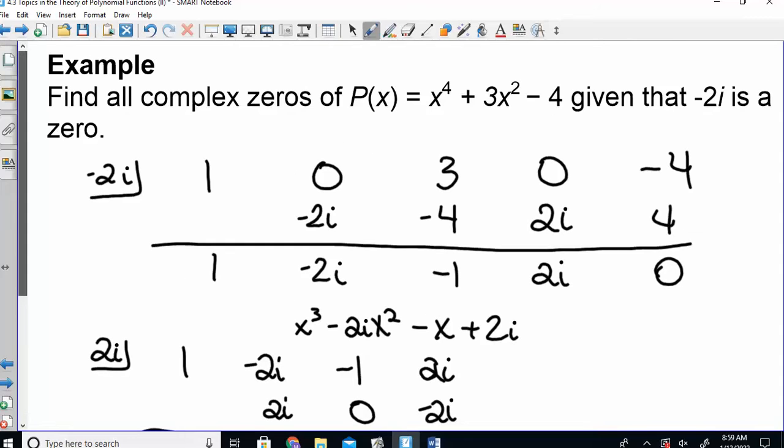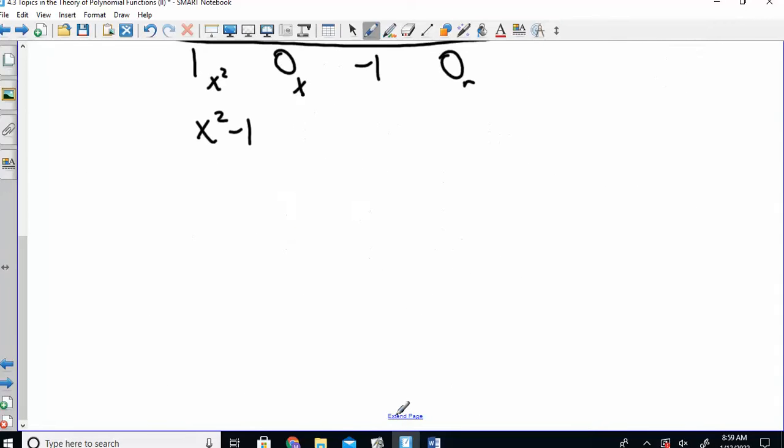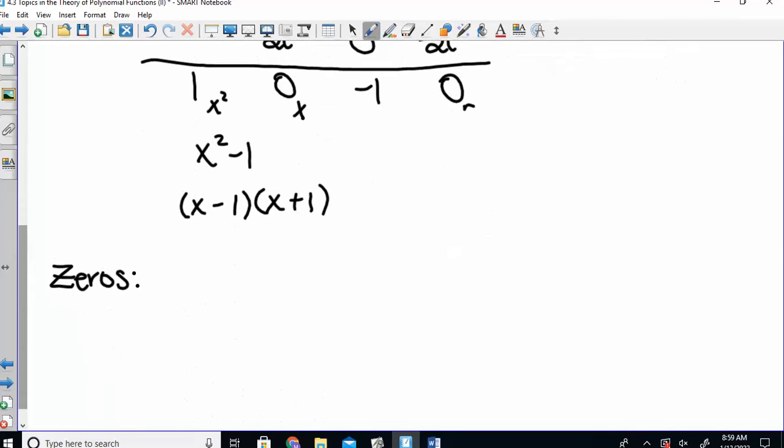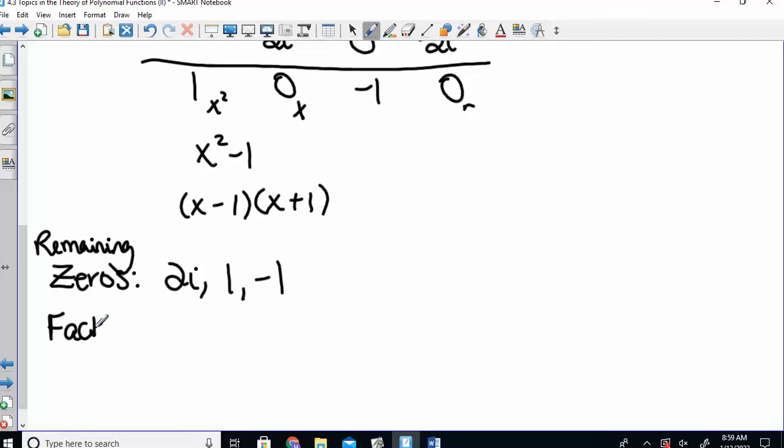Okay, my directions on this were to find all the zeros. What should I do with x squared minus 1? How would I factor that? So my zeros. My remaining ones, I already gave you the negative 2i, but we found that positive 2i also worked. What else works? I didn't ask for it, but if I asked for the factored form,